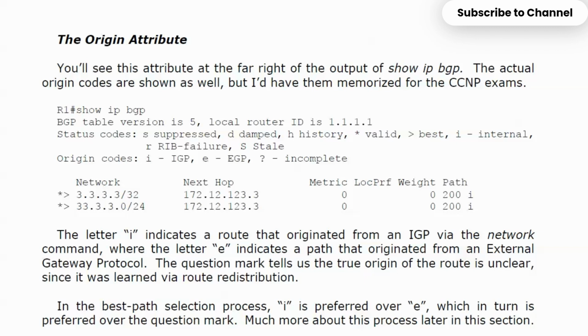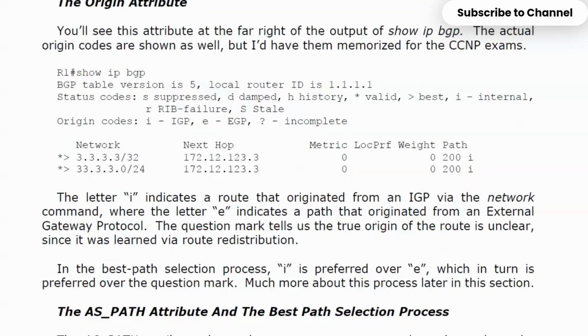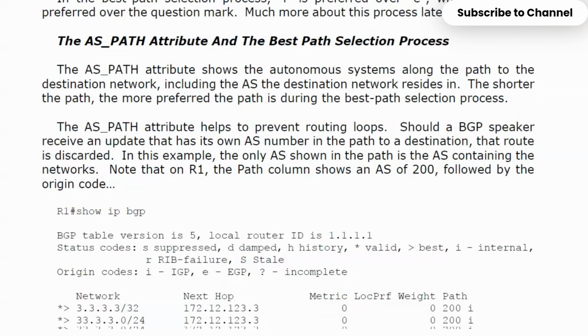Internal route is, IGP is preferred for source over EGP, and in turn EGP is preferred over an unknown source. So much more about this process later in this section. And by golly, look at this, it's later in this section. We're going to talk about the best path selection process here and the AS path attribute, which we saw briefly